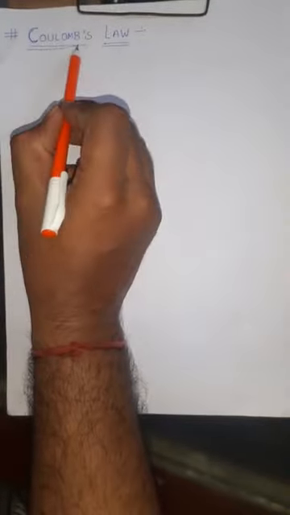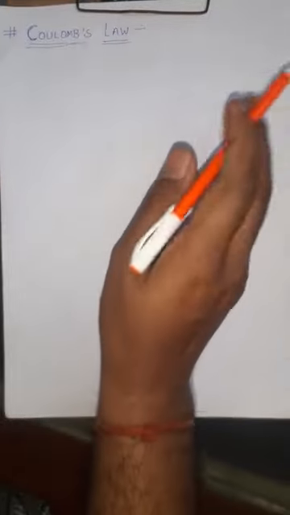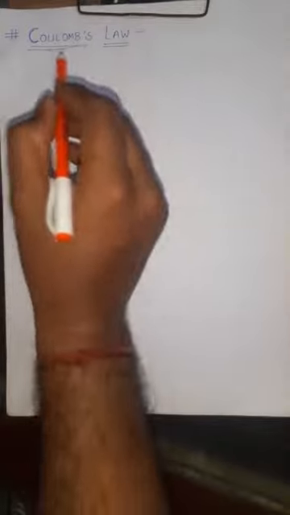So we all know that charges have the property that like charges repel each other, unlike charges attract each other. This attraction and repulsion phenomenon in the charges is due to the force between them. So we must know what this force is, how this force is governed, and what is the law to find this force between the two charges. The law which helps us find the electrostatic force between point charges is Coulomb's law.